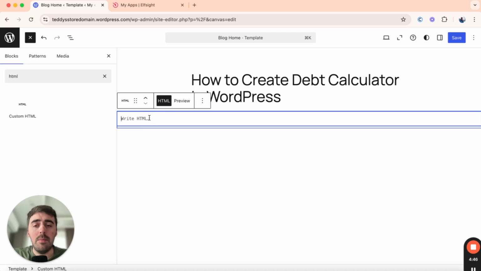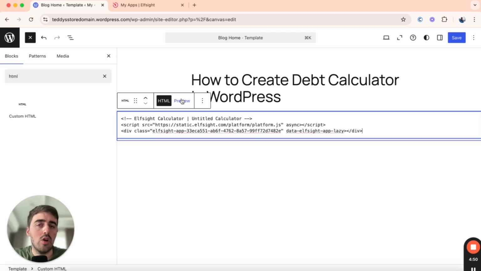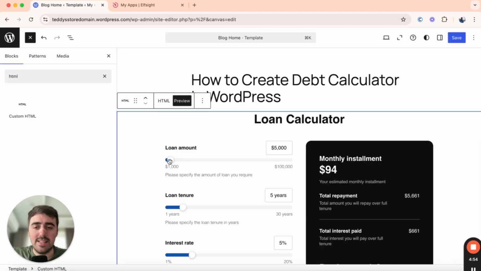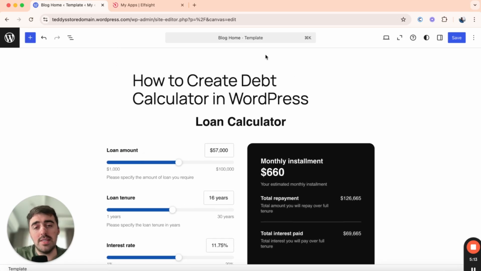So from here, simply paste the code we just copied previously from Elfsight, give it a couple of seconds, and then click on preview, and then your debt calculator will be added to WordPress. As you can see, it's right here. It's fully functioning, as you can see. And that's pretty much it. That's how to create a debt